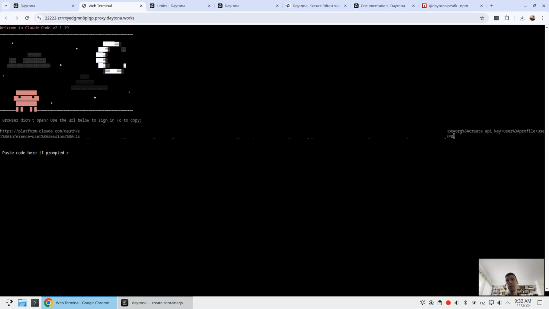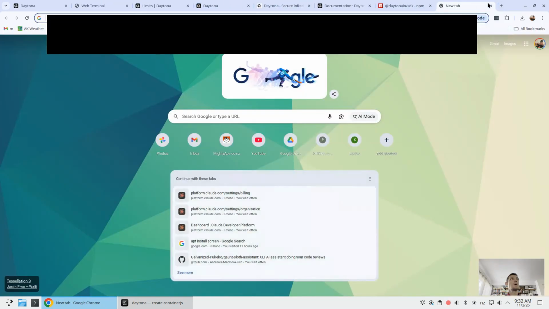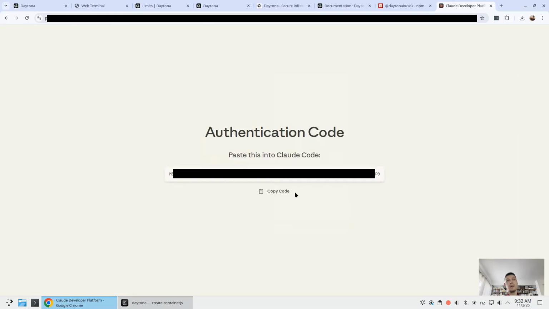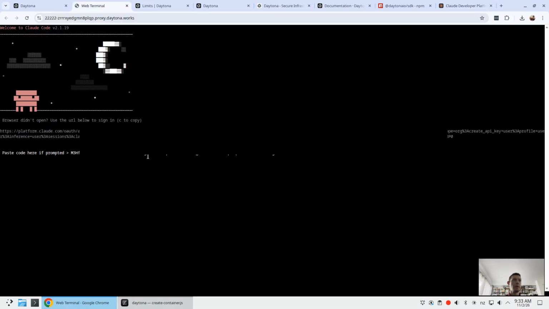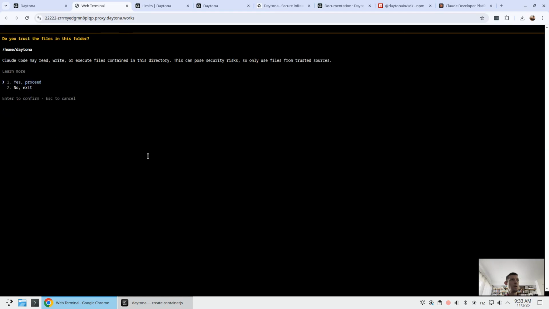So you would copy paste this URL, paste it in the browser, authorize this API key, copy that code they gave you, paste it here, and you have